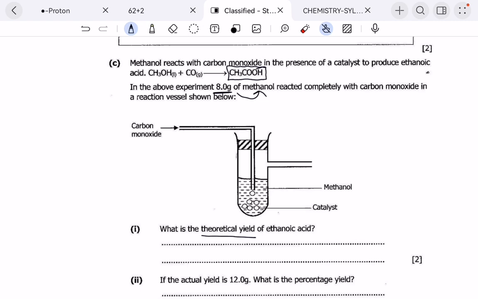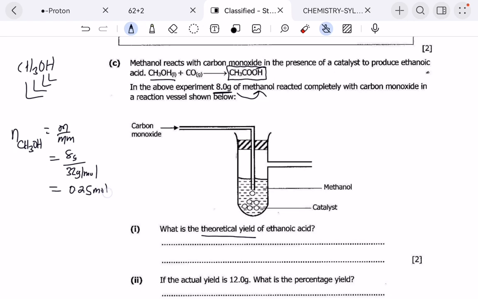To find the mass of the theoretical yield, the first thing we can do is find the number of moles of methanol. So number of moles of methanol, which is CH3OH, is equal to mass divided by molar mass. The mass given is 8 grams divided by the molar mass of methanol. When you do the molar mass of that, you're supposed to get 32 grams per mole,